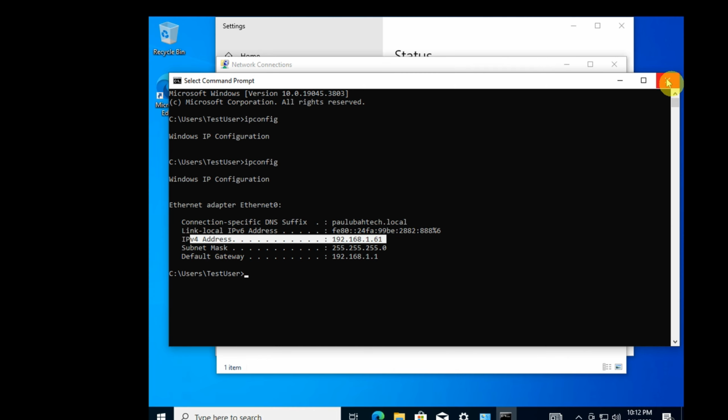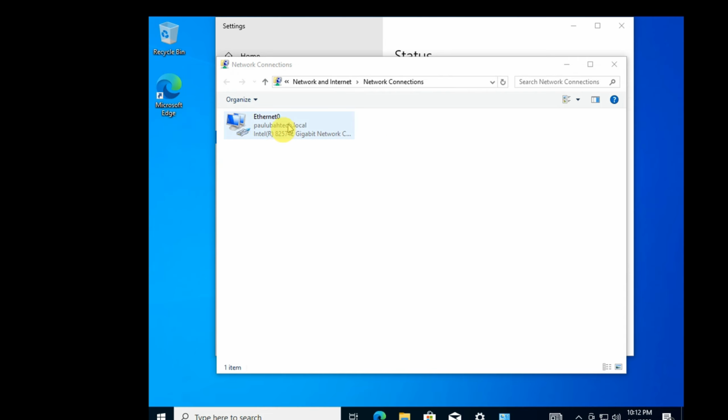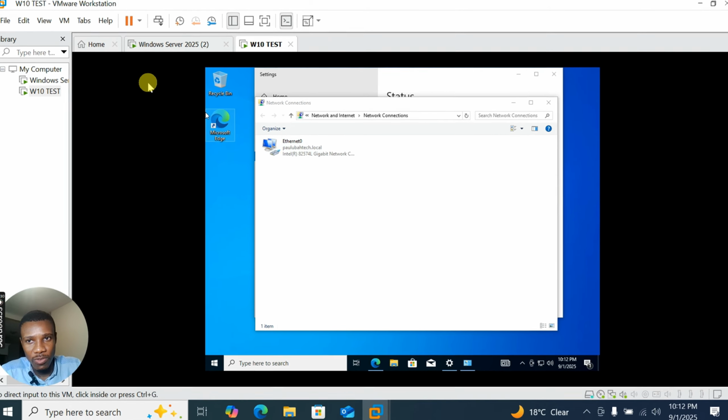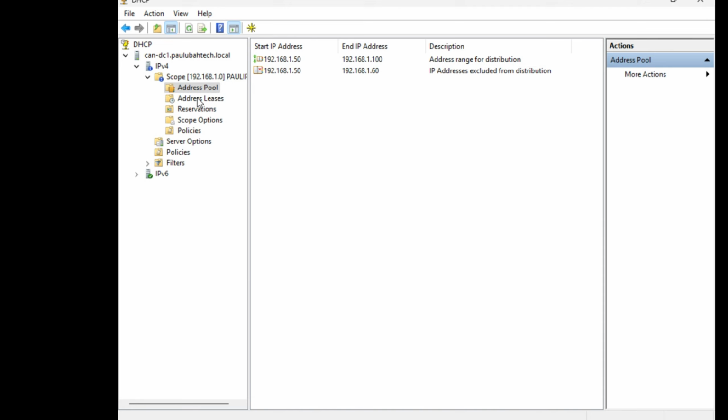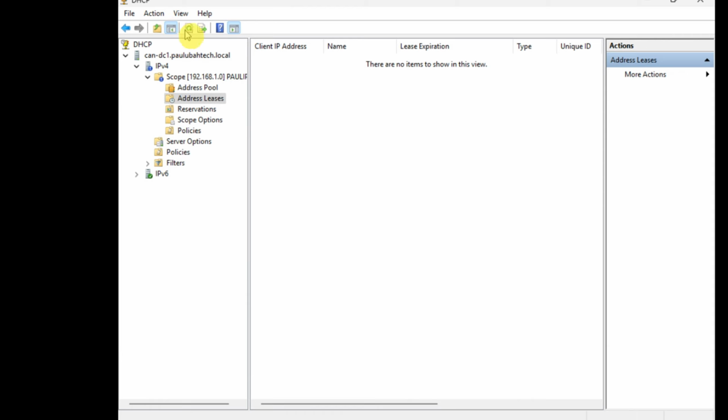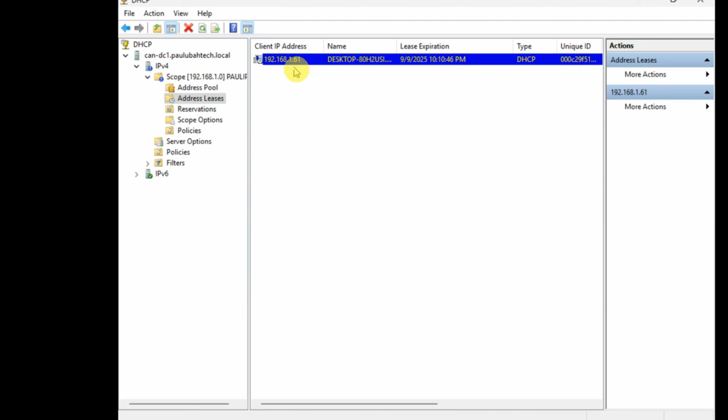I'm just going to close this right away, and then let's move over to the Windows server. I'll click on this tab, and this is the Windows server. Now, if we go to address leases, let's see if we can see that new computer. I'll click on the refresh button. There you go. The IP address just populates the clients. This Windows 10 client just showed up here. Okay, guys, that's pretty much how to set up Windows Server 2025,